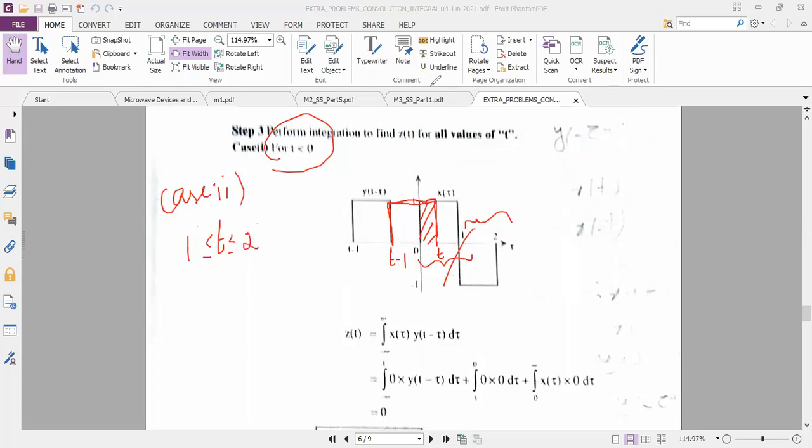So now I am going to shift the y of t minus tau. I am just showing it on the screen. When I do the shifting, this edge t will occupy the mid of 1 to 2. Now the right hand side edge is t, the left hand side edge is t minus 1. So I am trying to erase the red portion because the red portion is completely shifted.